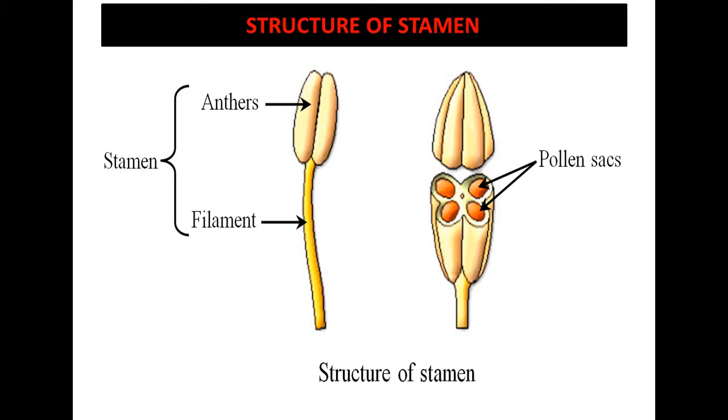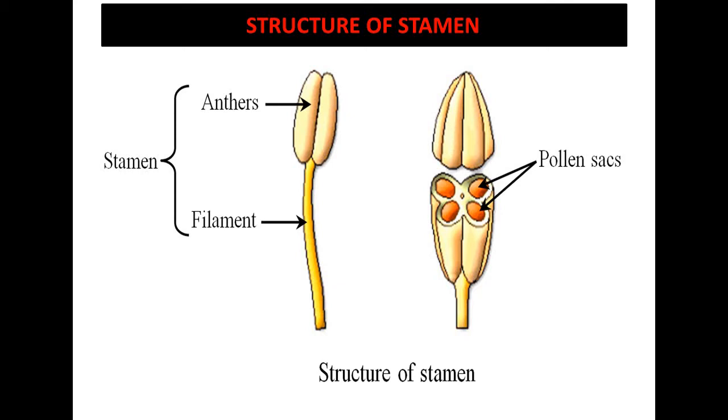One more thing we have to remember, in the stamen the filament is the sterile part. That means it is not going to develop any reproductive cell, while the anther is a fertile part and it can develop the reproductive cell. That means we are talking about the pollen grains. The pollen grains will be developed from the anther, not from the filament. So now we are interested only in the anther, which is going to develop the pollen grains.